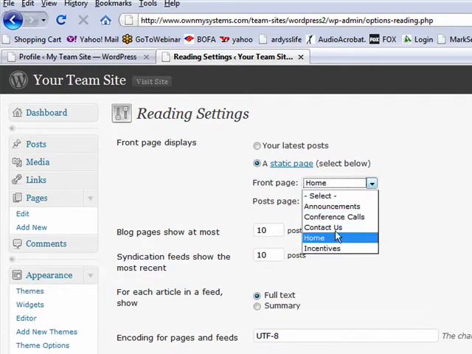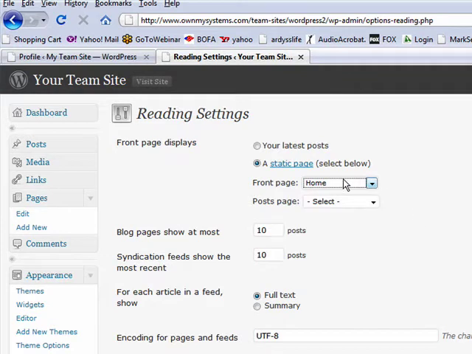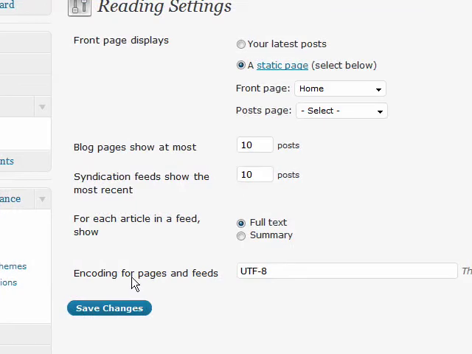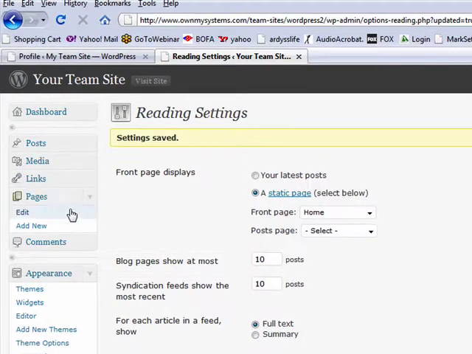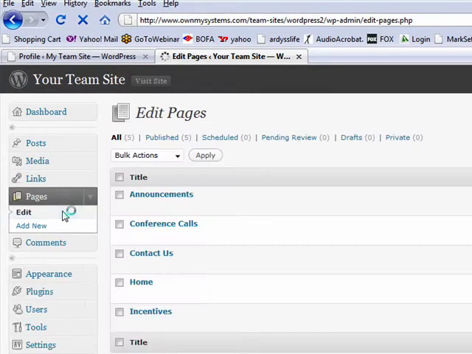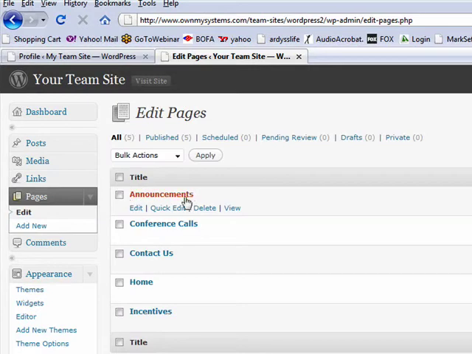And then from here, you want to click about. I don't have that because I've already changed mine. But front page, click about. Okay, and then you want to push save changes. And ta-da, now you want to come over here to pages, and this is how you add and edit new pages to your site. I want to click edit. You will have a page over here that says about. You want to click edit,